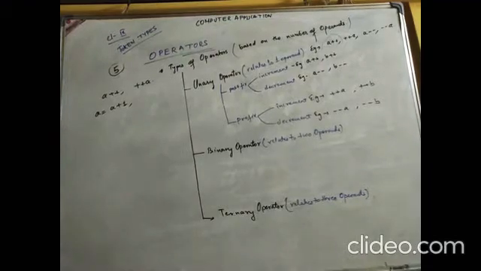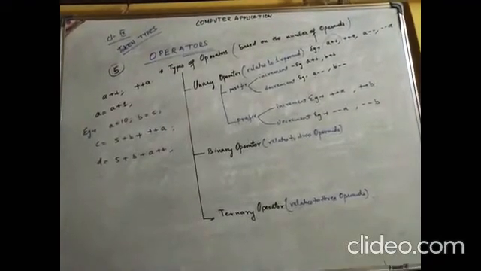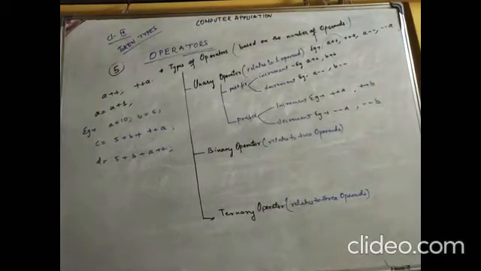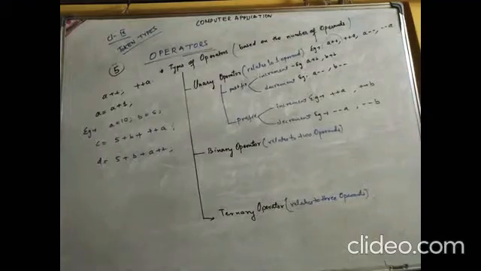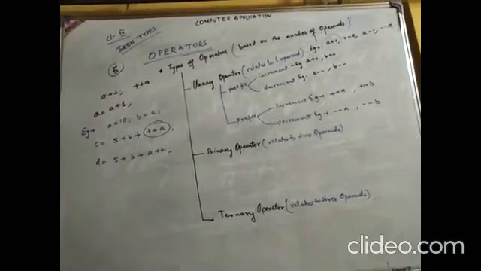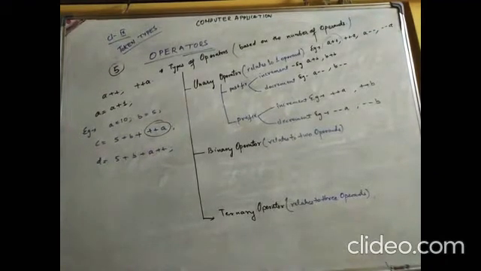But what is the difference? Let's take an example and solve it. I'll calculate the value of c and d. In the first one, we have plus plus a, a prefix increment operator. In this case, first the variable value is increased by 1. In the expression, c will be 5 plus b plus plus plus a. First, when the plus plus comes, we have to increase the value of a by 1, then we use it in the expression.